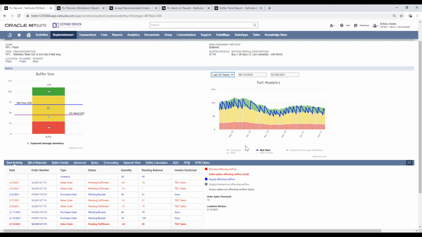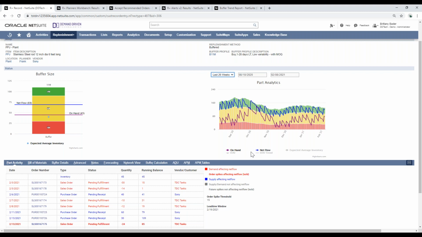If I add this net flow line back on, I can see how the planner's done managing this part and following that net flow to get back up to the top of green. So whenever the net flow line drops into the yellow zone, Frank managing PPJ did a great job of placing an order to get the net flow line back up to the top of green. And I can see as this buffer is changing size because the demand for this item is dropping off, he's waiting longer for that net flow line to drop into the yellow zone, which gives us the opportunity to work through that inventory position so that we don't maintain a very high inventory position